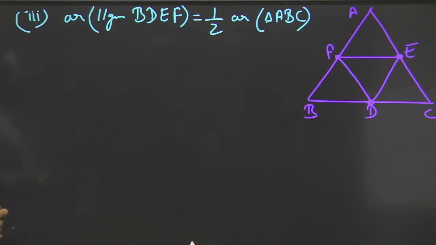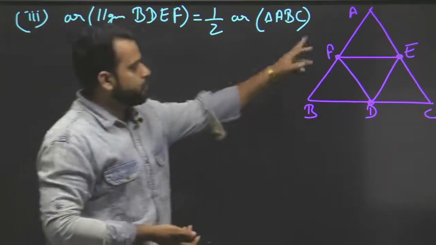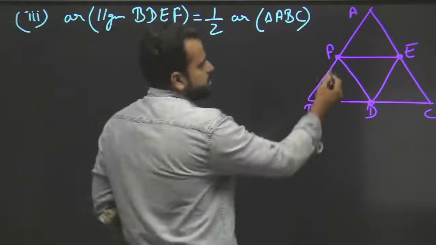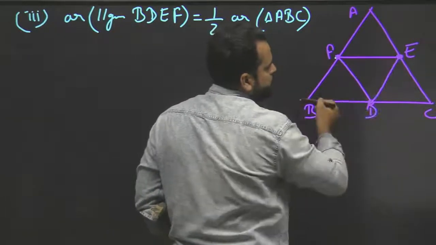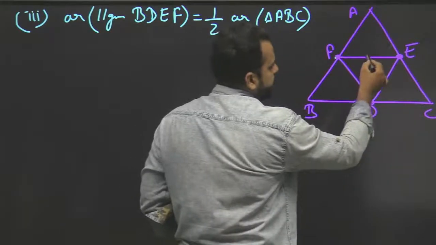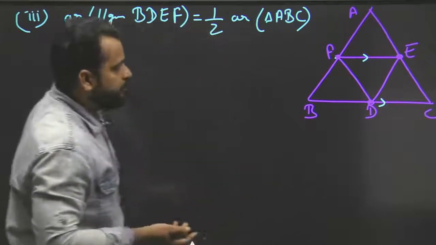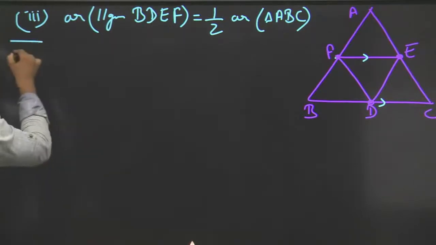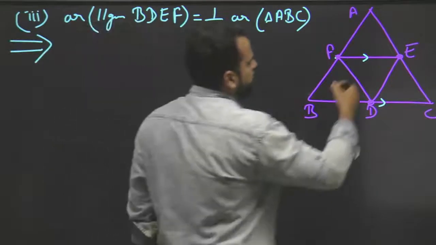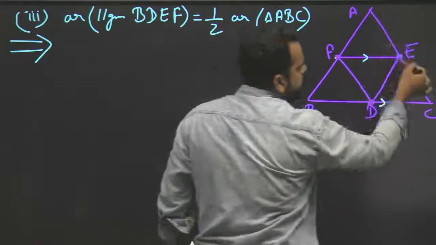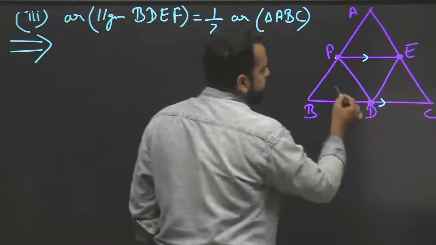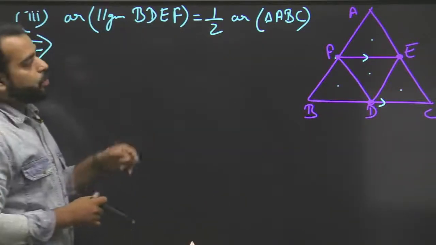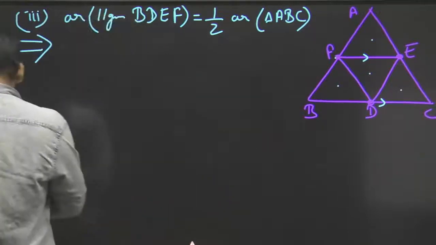Okay, so now we are comparing the parallelogram with the full triangle ABC. In this case also we can say that this is a parallelogram, so we can find that FE is parallel to BC as well as FE is equal to BD. So now we can say that AF is equal to BD, AE is equal to EC, as well as BD is equal to CD. We already proved in the second portion that all these four triangles are equal. So from there we can take it that